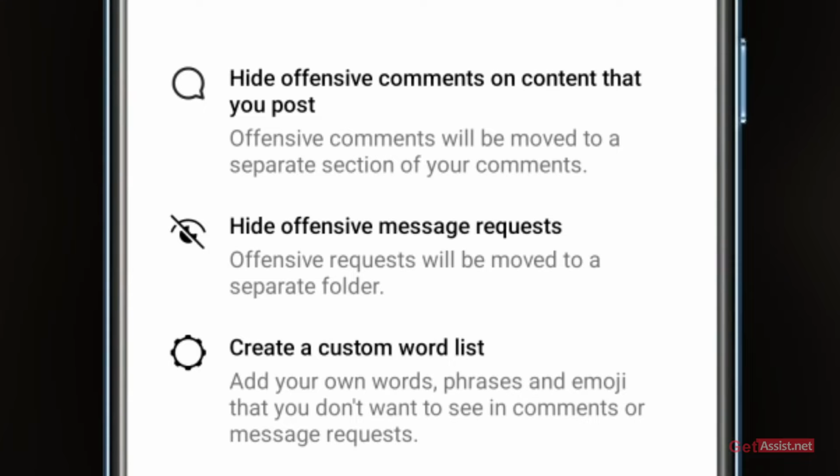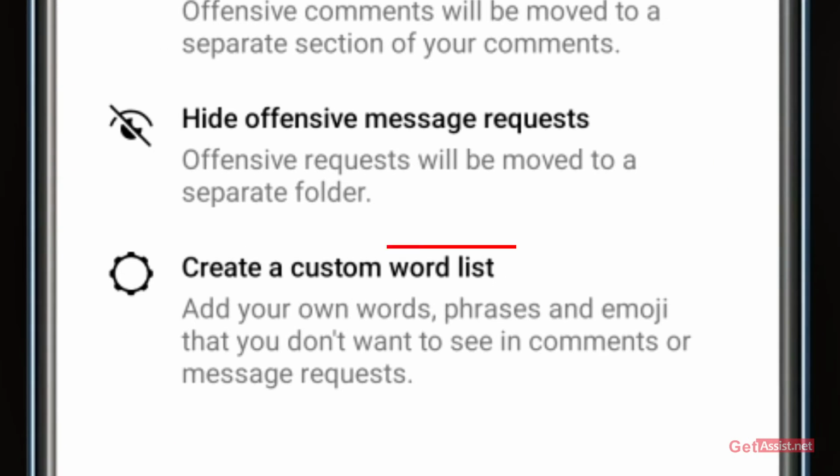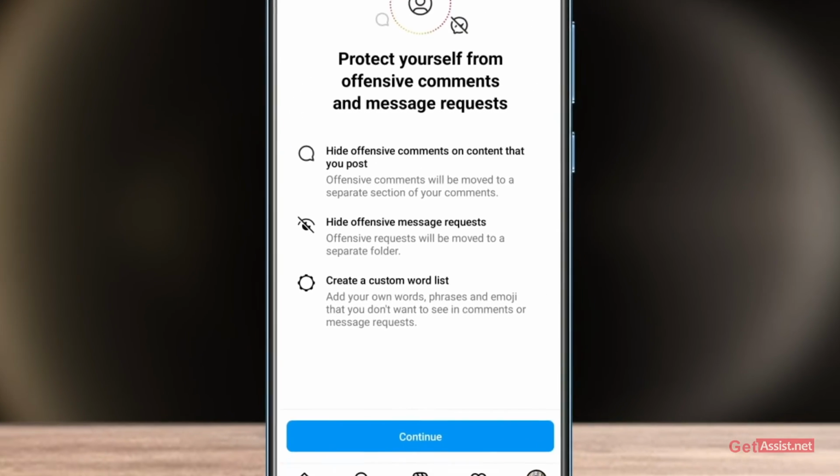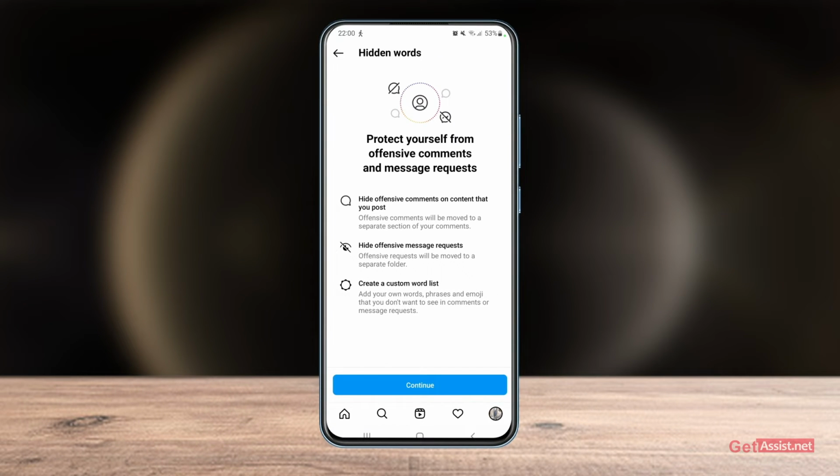And once you do that, you can also create a custom word list where you can add your own words, phrases and emojis that you don't want to see in comments or message requests. So that's very useful. You can even add your own words that you want to avoid seeing in comments, and phrases and even emojis that you find offensive. So you can also create your custom word list. So press continue,